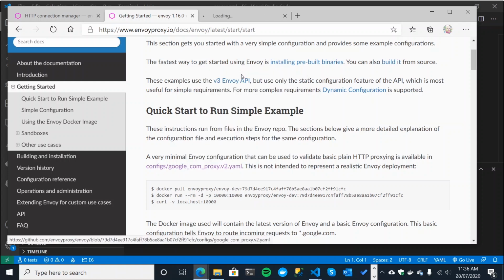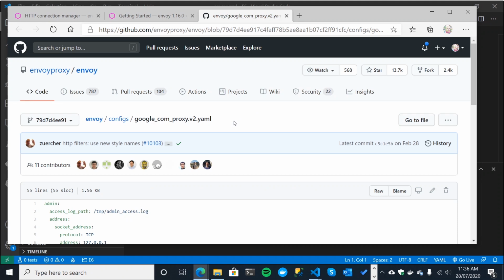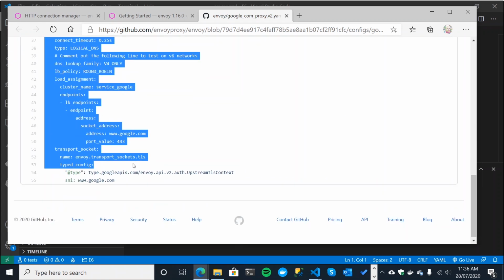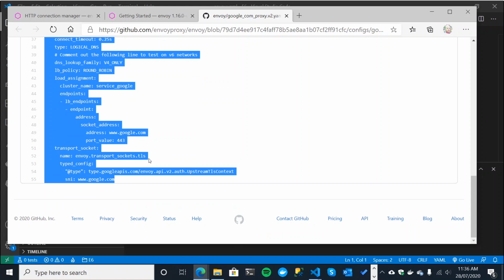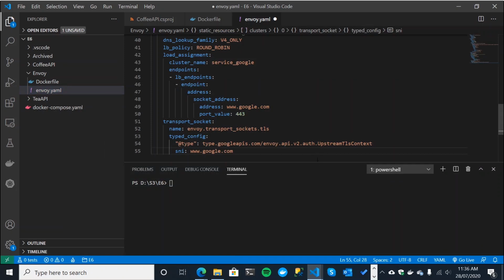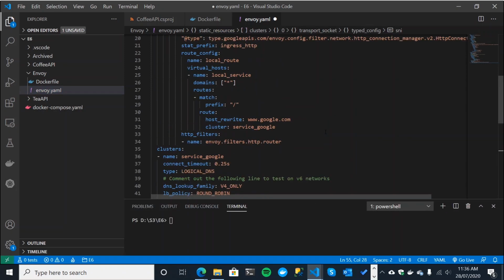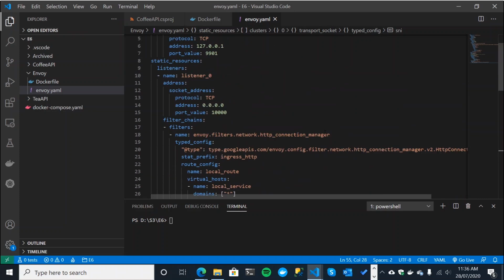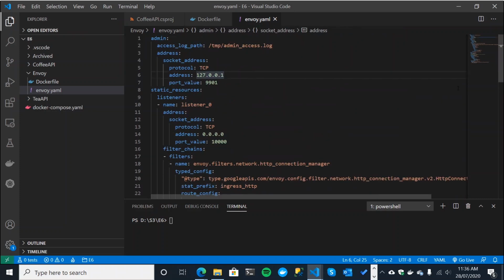So I'll open that in a new tab, and that's just in GitHub, and I'm just going to copy this. And I think it's 55 or so lines, there you go. I'm sure you would not want to see me type that in. I certainly don't want to type it in, so even if you did want to see me do it, I'm not going to. So we'll save that off. Now, before we build our image, I'm just going to change this IP address to any IP address, 0.0.0.0.